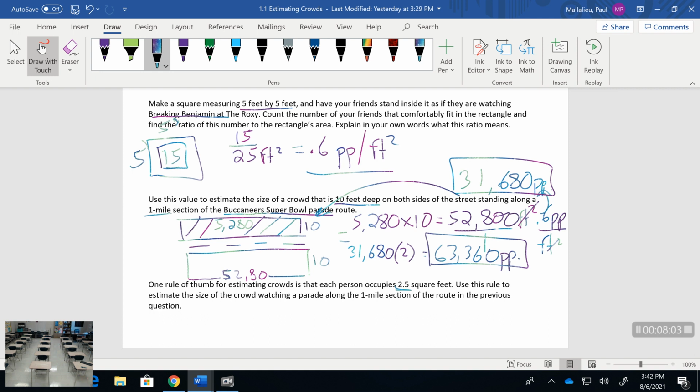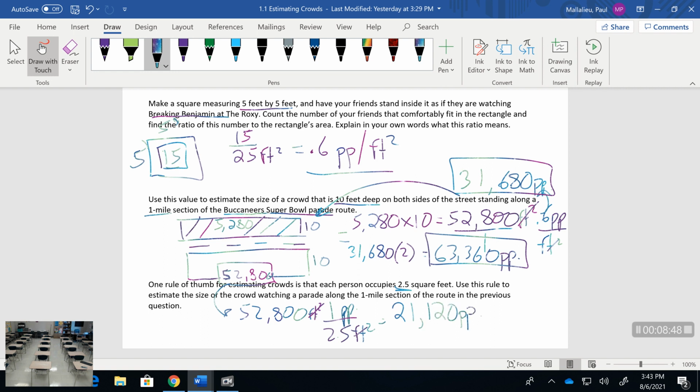But the general rule of thumb is using 2.5 square feet per person to comfortably fit there. All right, so you may be able to fit more, but to comfortably fit to estimate the size. So we still know that we've got our 52,800, and that's what we're saying the square footage is. So just for one side, and we use our ratio that we now know is 1 person per 2.5 square feet. Then we are dividing, basically, is what we're saying. So 52,800 divided by 2.5, and that is going to give us